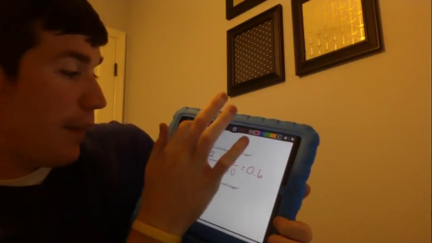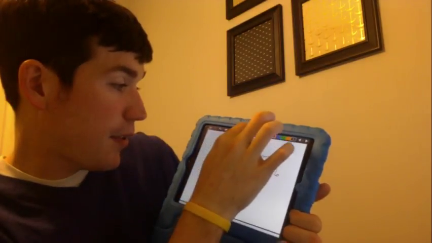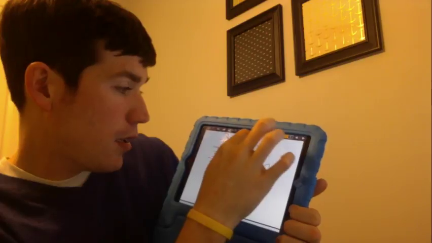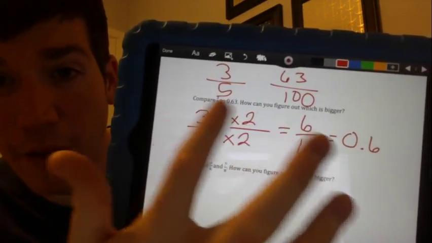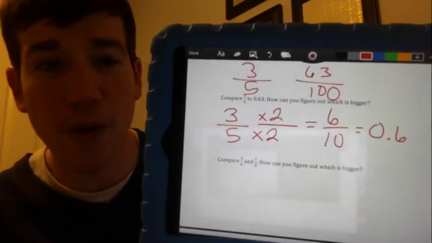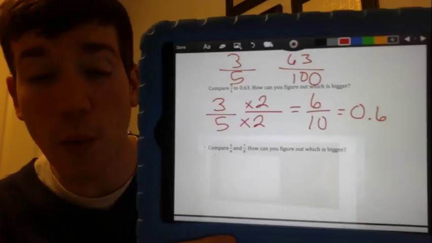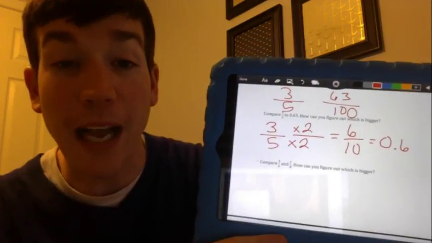Now I'm going to give you a second way that you could probably make this work. A second way is you already have 3/5 as a fraction. What if you changed 63 hundredths into a fraction that looks like this? Now you have 2 fractions. Now keep in mind these 2 fractions are very different. They're not the same size pieces. So one thing we could do here is we could take these 2 numbers and we could actually make a